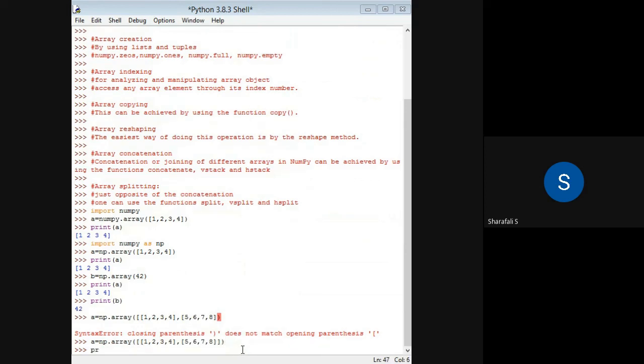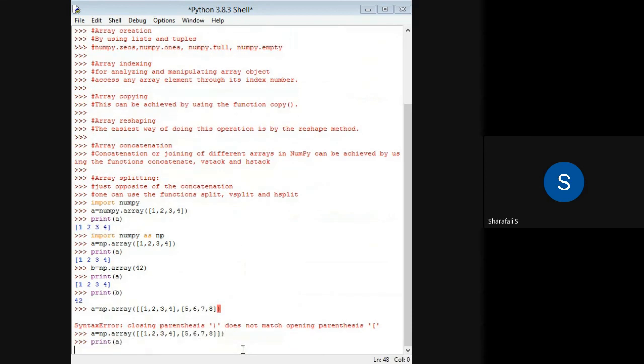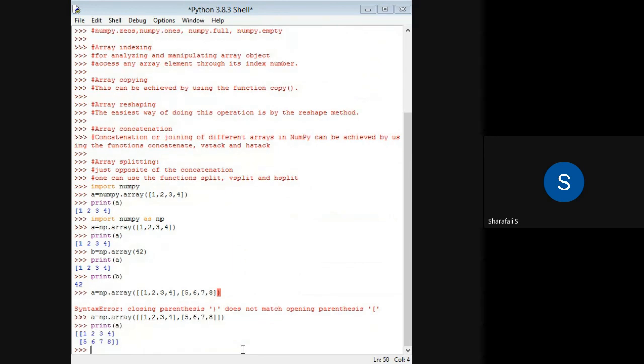Now, if I take the print of this particular A, then I will be getting an array like this. So this is a two-dimensional array. And what are these two dimensions here? This is one axis, you can see, and this is the second one. If you consider 5, 6, 7, 8 or 1, 2, 3, 4, that is in one particular direction, and 1, 5, 2, 6, 3, 7, 4, 8, that is in a different direction. So you can consider it as an x and y axis. So it is just like a plane, and that is nothing but a two-dimensional case, right? So this is a two-dimensional array.